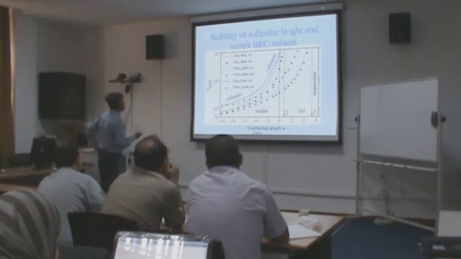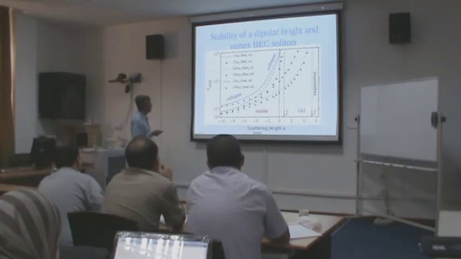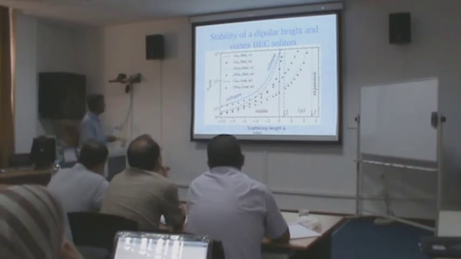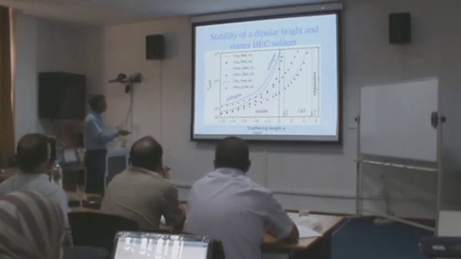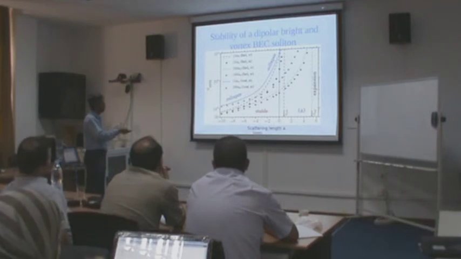So now I show something. This figure is very interesting. It looks very clumsy, but the interesting feature is this is the number of atoms you can accommodate in the soliton, and this is the scattering length in nanometers in this direction.